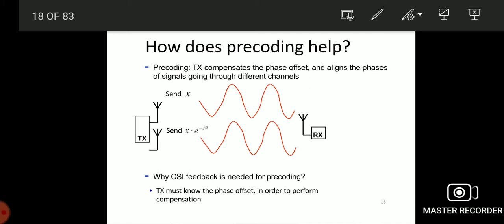Now we can move to how the system will be modeled. The multi-antenna technique considers M transmitting antennas and N receiving antennas. It can be divided into these M transmitting antennas and also the N receiving antennas.